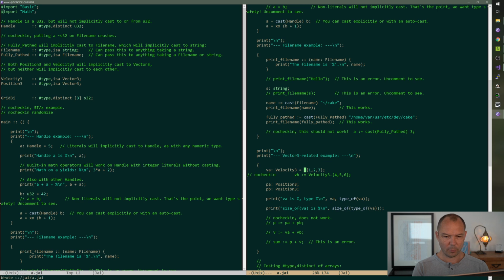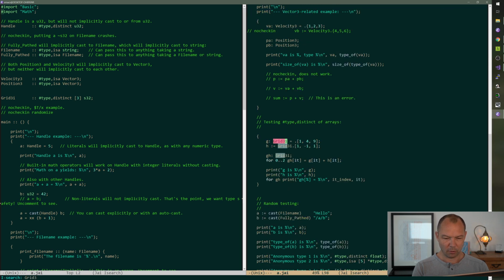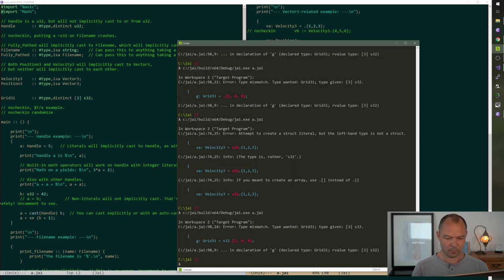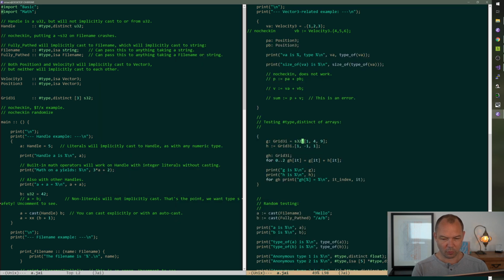No. What am I doing? Grid 3i. This is what we're doing. Okay. See, this doesn't involve harden array literal or anything, and it's the same thing.